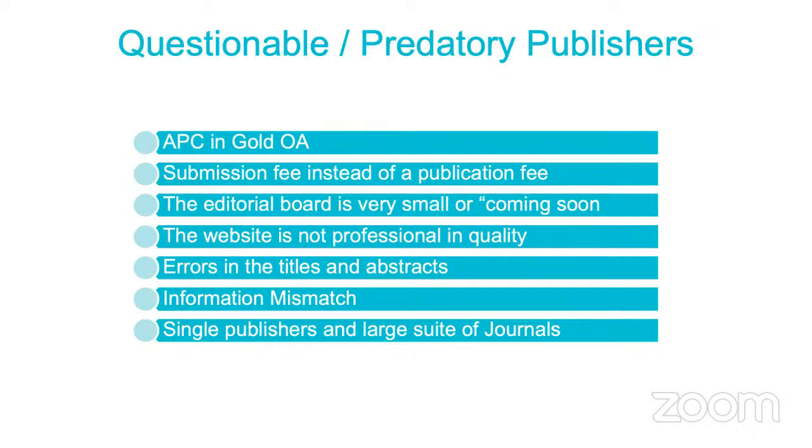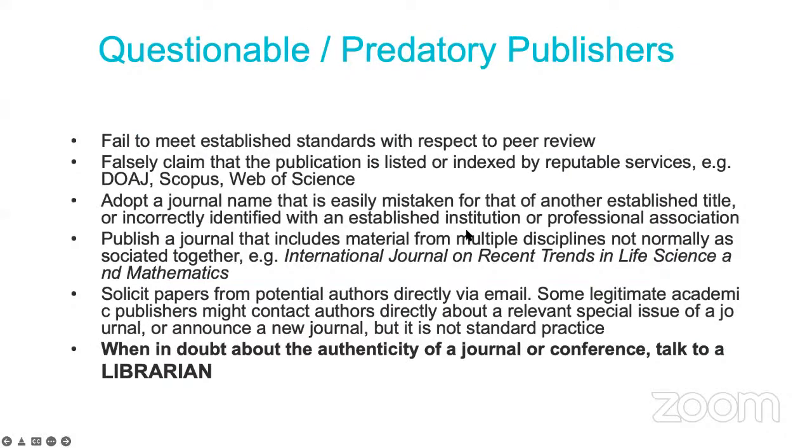One publisher is publishing 20, 30, 50 journals. Again, that is not good. Taylor and Francis, Sage, Routledge and all are established. They took a lot of years to build this empire, I can say. But now, just coming up in 2 years and starting with so many journals, it is really not possible. So they fail to meet such standards. They are not in the DOAJ list, Scopus, and Web of Science.